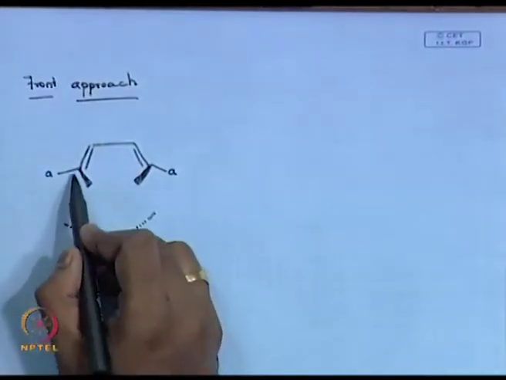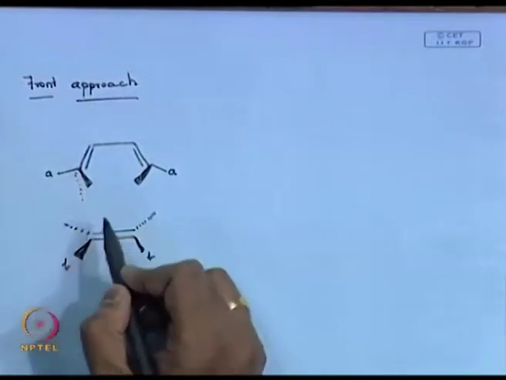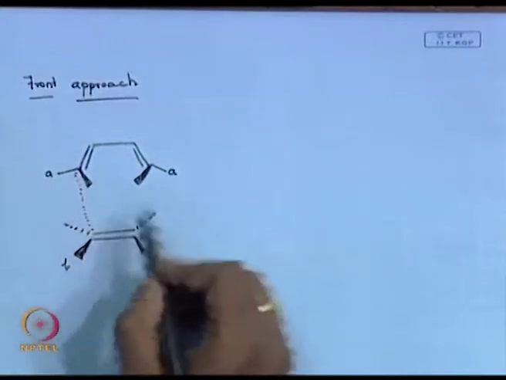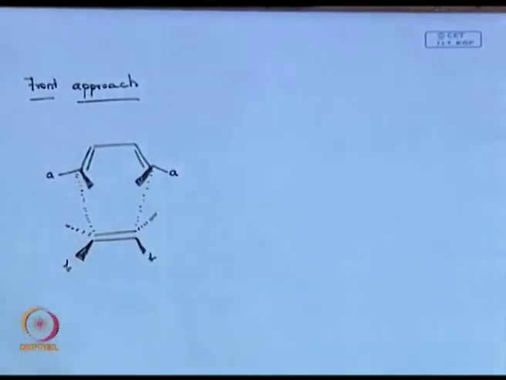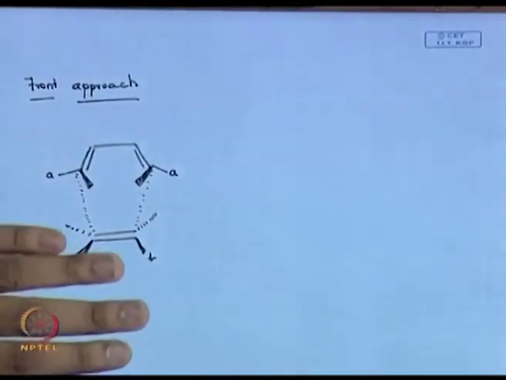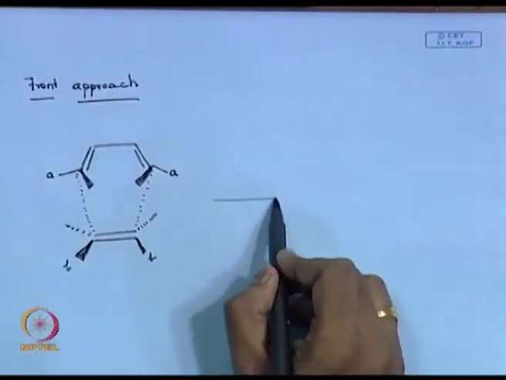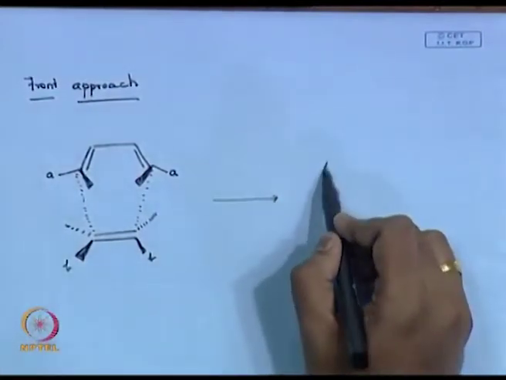Now, if you just watch, if this is the front approach, okay. Now, what happens? It has only one way. Your methyl comes up, these two methyls, and in this case 2 methyls goes away. There is only one way of orbital aligning together. So, you end up writing a product